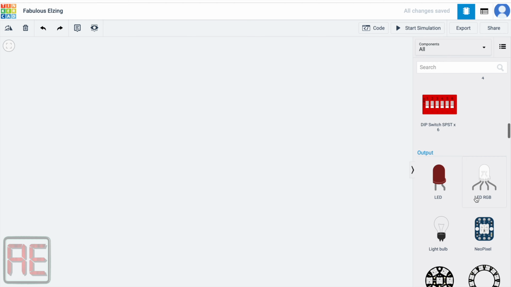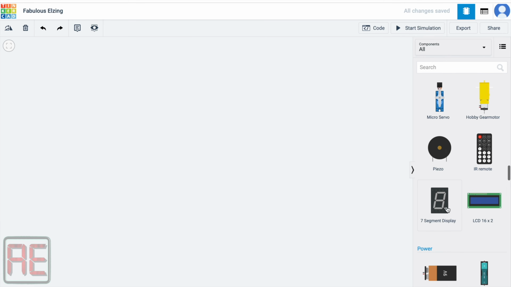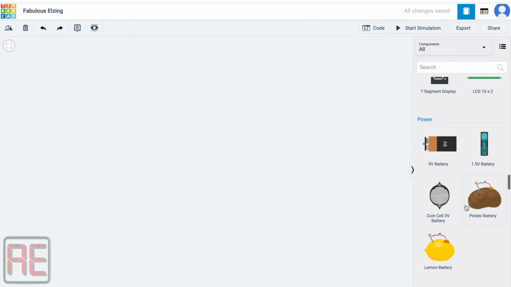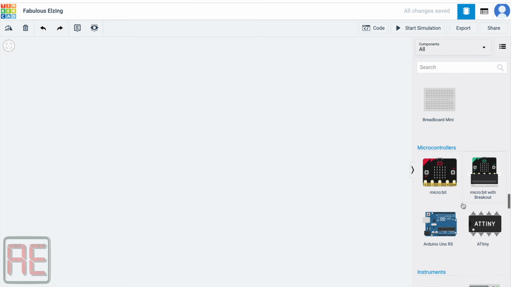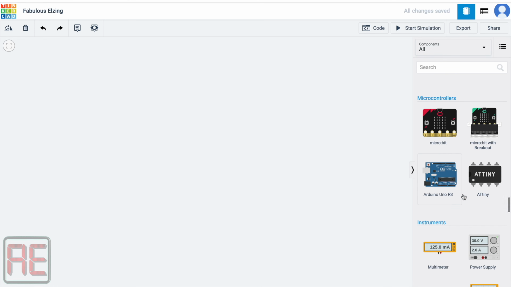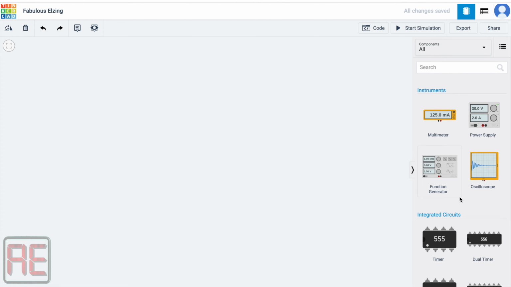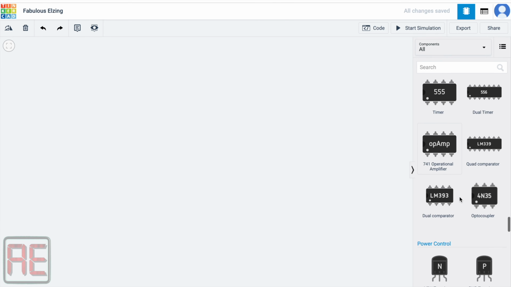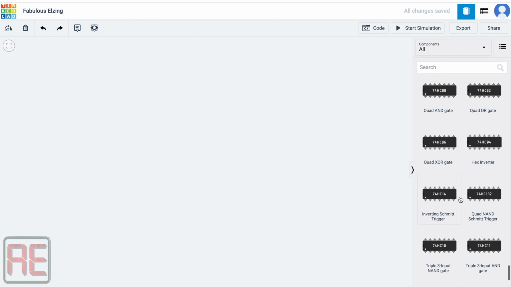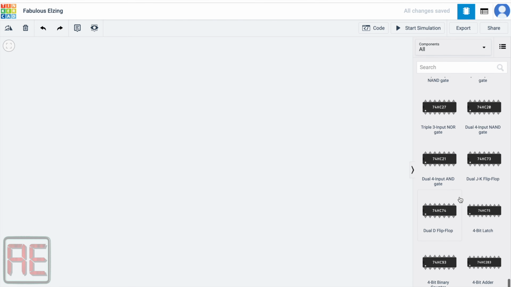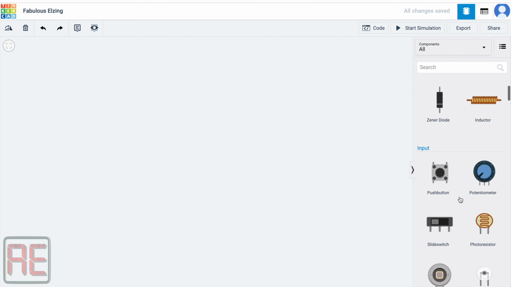We also have LED, an LCD display, power sources, breadboards, the Arduino Uno, some instruments, some integrated circuits, some transistors and connectors, and finally, some logic gates.